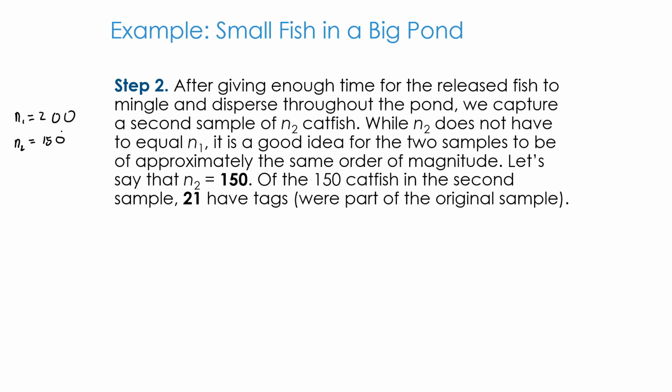Of the 150 catfish in the second sample, 21 have tags. The approximate proportion. So then that's my K. Solving for n, we get